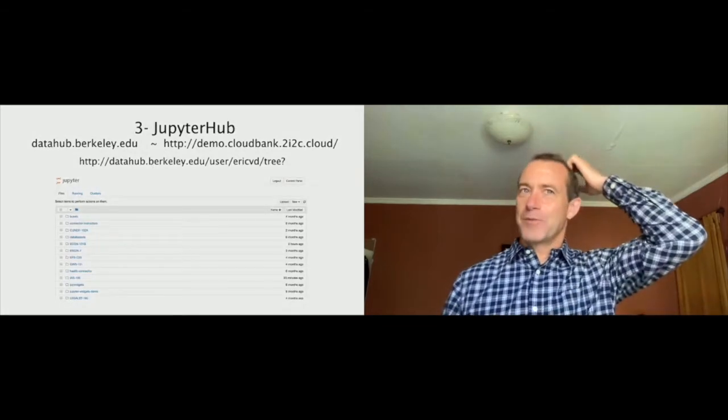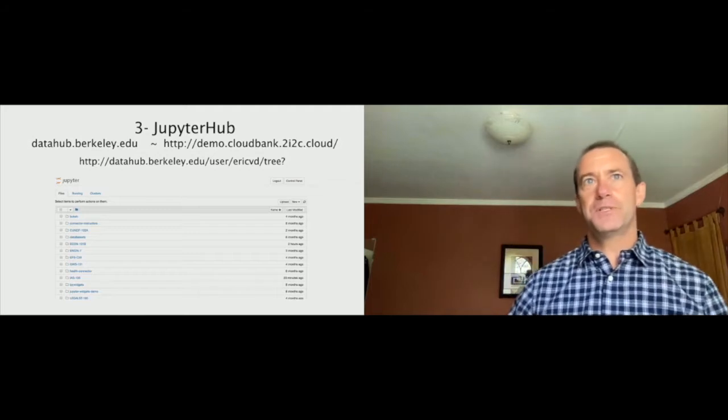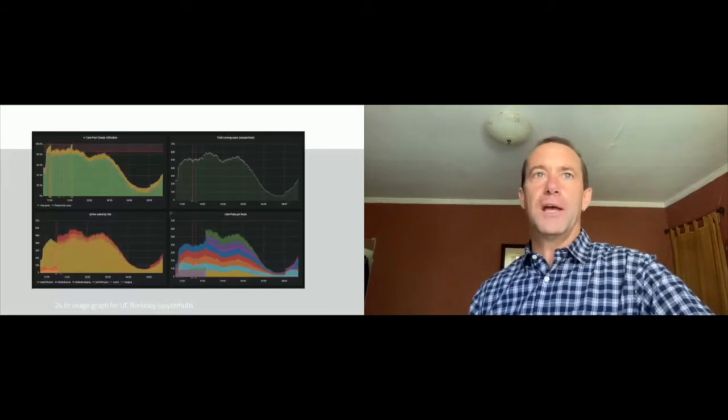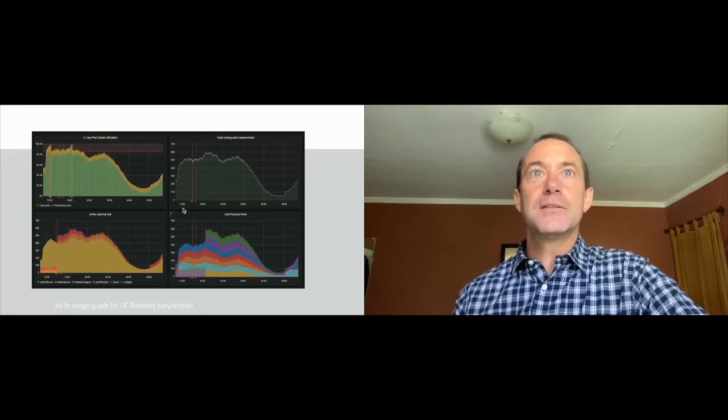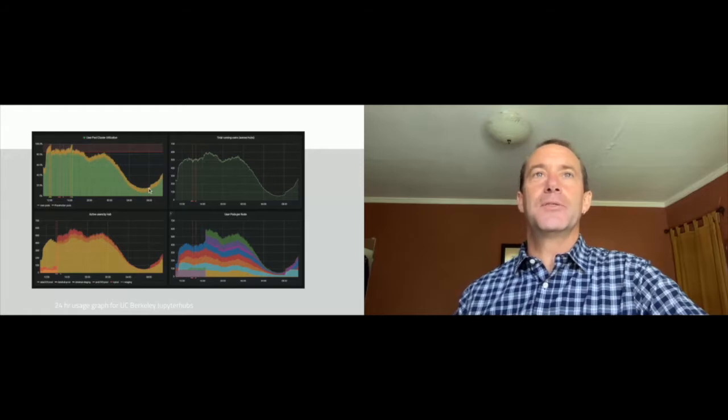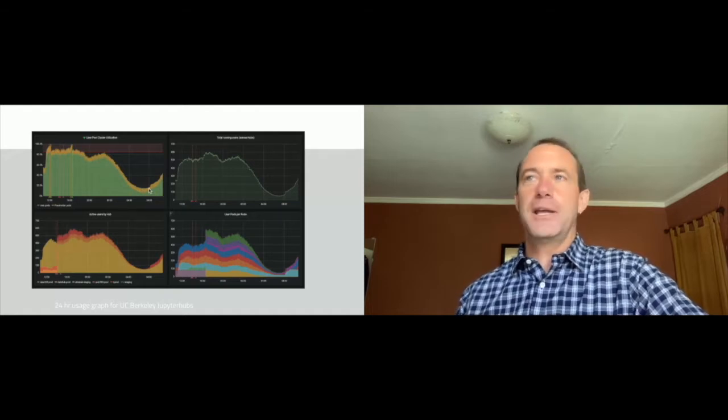Here's just a graphic, and we'll jump to these later when we get to Yuvi's presentation, of the number of different people online every day. This is 24 hours at UC Berkeley and how many different users are on at any given time. You can tell that the students stay up until about 3 or 4 in the morning, and then they don't get up again until about 8:30 or 9 in the morning. But in the middle of the day, there's 500 or 600 users on at any given time.